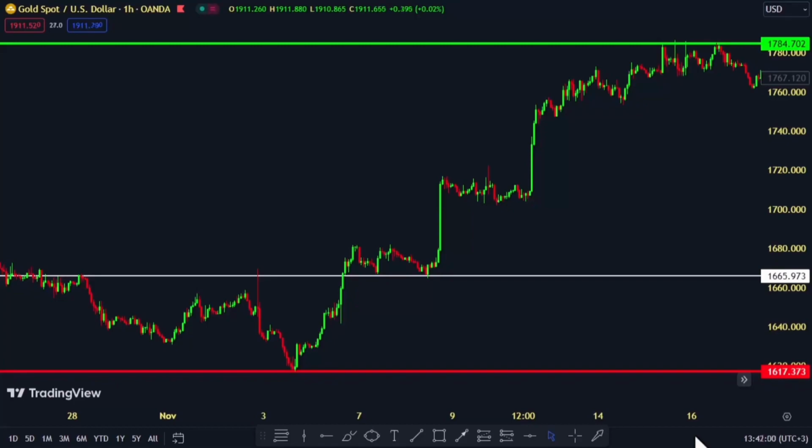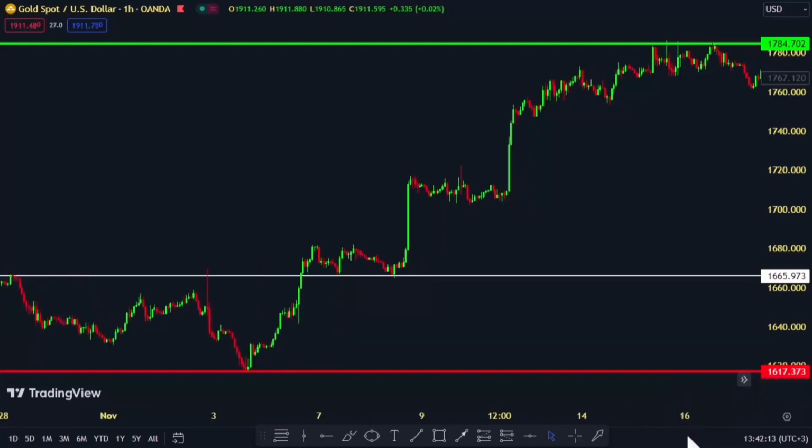The red line is our main support. It's very strong and the price has bounced off it multiple times, making it very reliable, and it will have similar tendencies in the future. The white line is acting as our resistance and somewhat of a weak support. This is because you can see the price resisted off this line a couple of times and even bounced off it once. The green line is our profit mark. We got this line by going on the daily time frame and finding a key level of resistance. Okay, now that we know what all these key levels are,